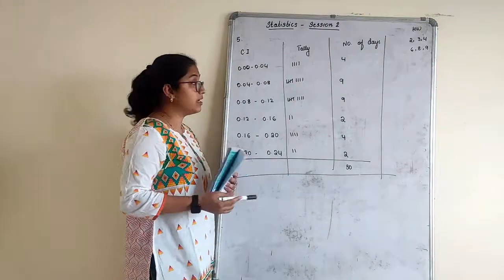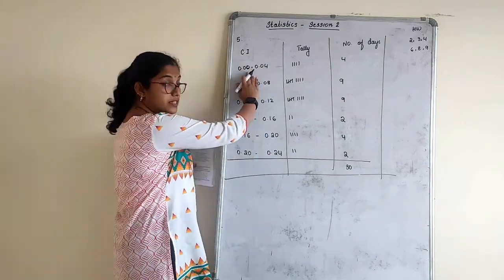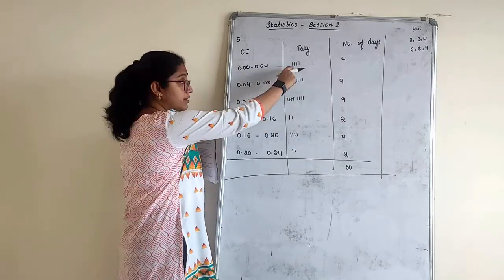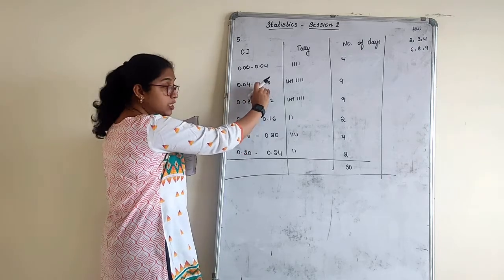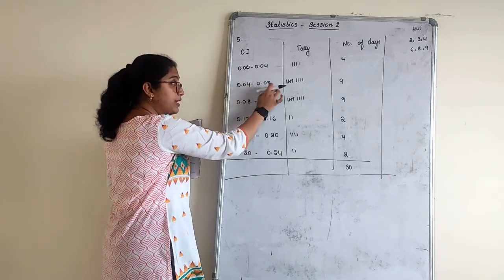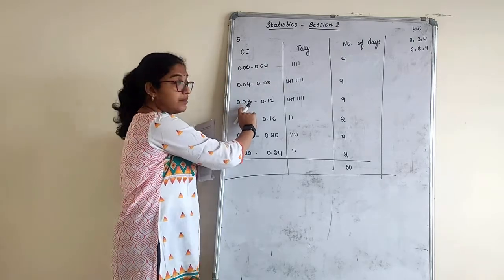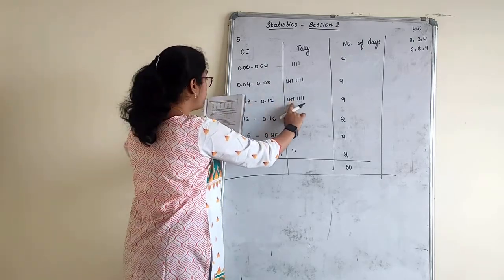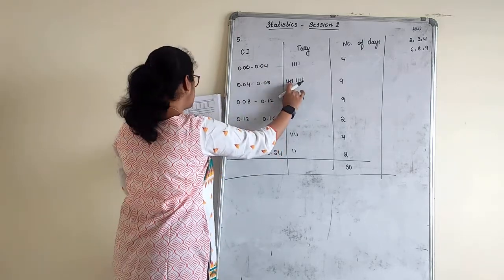Let's mark the tallies now. Here 0.03 lies in the first class interval. I've already marked it, children. It lies here. 0.08, where does it lie? Here? No. 0.08, though it is here, is excluded. It lies here. We have marked here. Again 0.08 here, 0.09 as well here, 0.04 here.